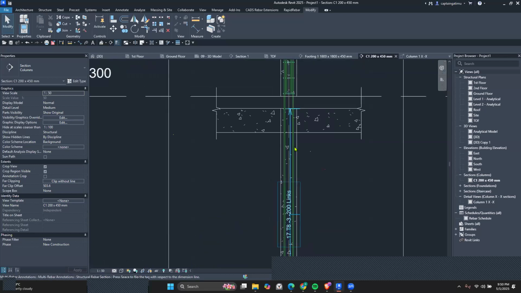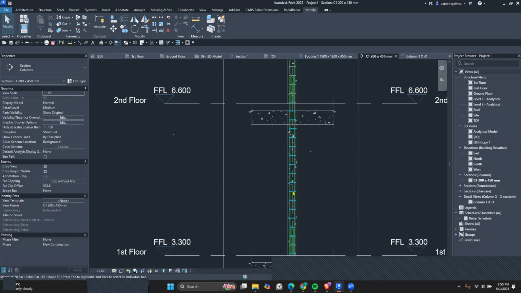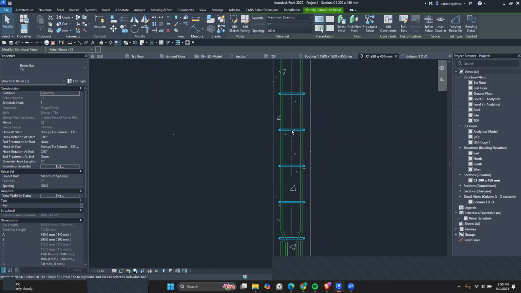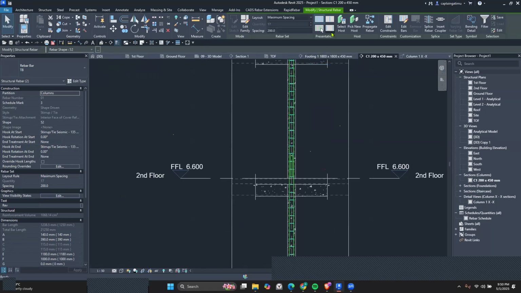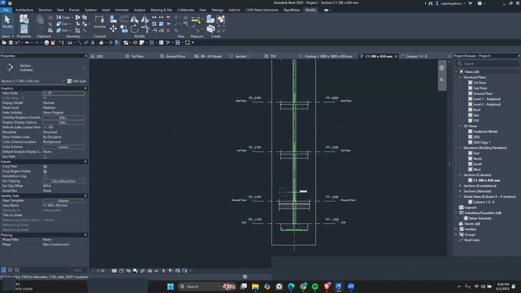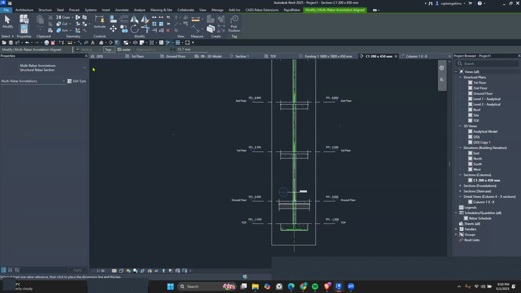So we have this one over here. So let's do the same to these two. So I'll select these two links, change the presentation to first and last. And then this time it will be easier. You're just going to go to Annotate, multi-Rebar tag, and select